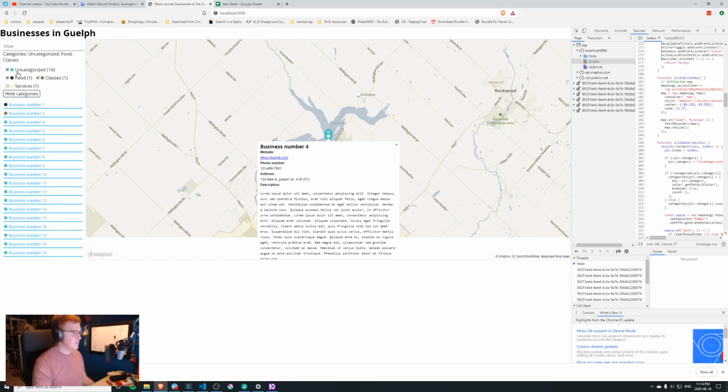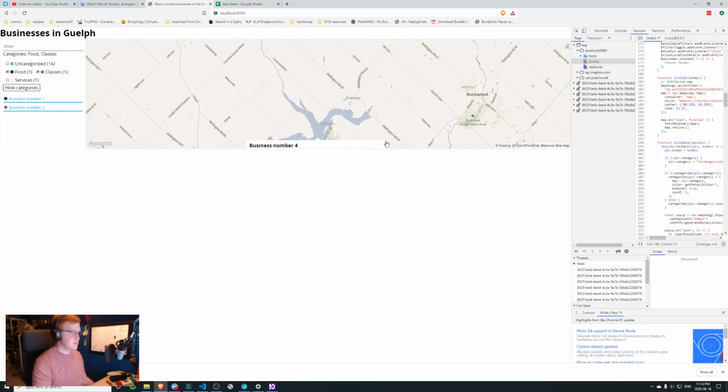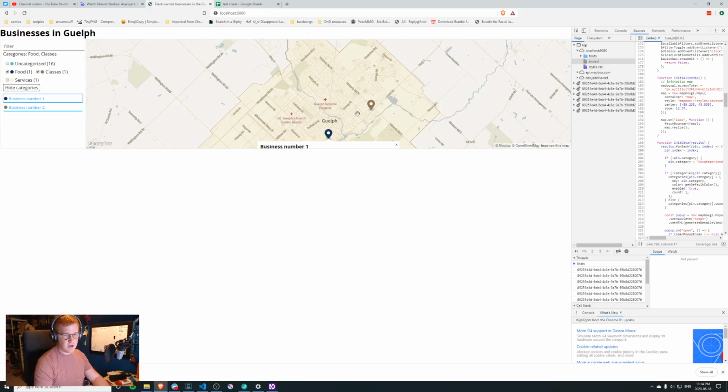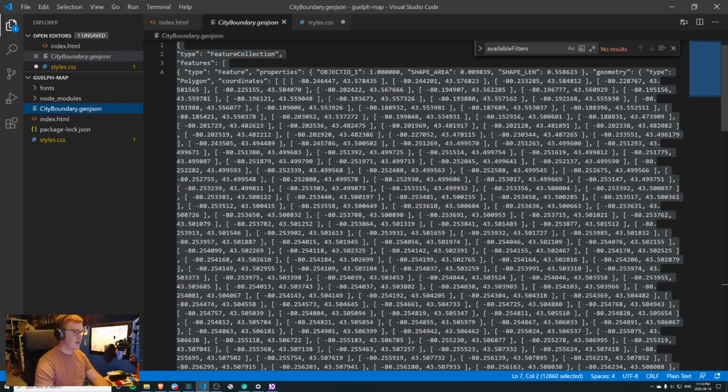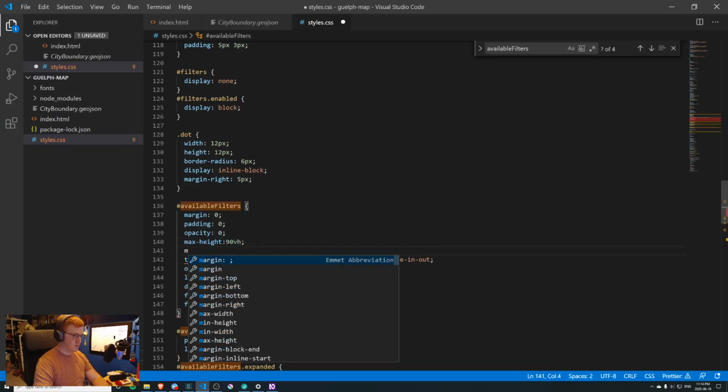So you can also turn off stuff, which actually means I should probably hide. That's a fun little bug I just found. But yeah, you can pre-filter the list. I'm currently just going through and fixing a bunch of styles because obviously this is way smaller than it should be and stuff like that. Oh man, this is going to crash a little because of the JSON file. There we go. So I'm currently in the process of making this a little